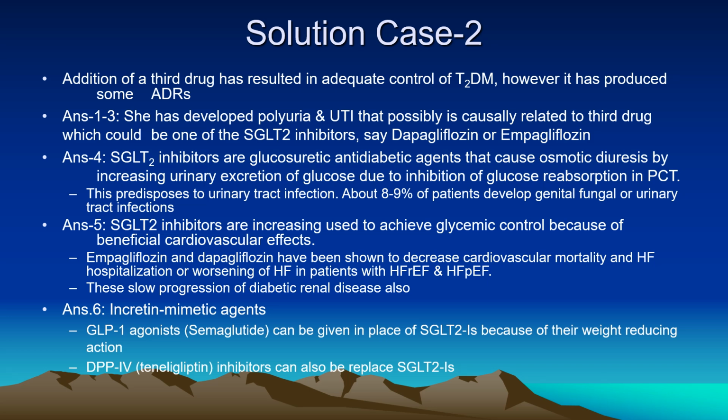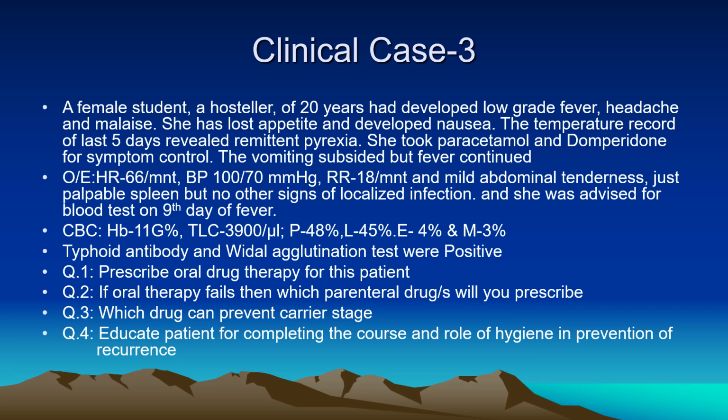Now, however, because of the adverse effects, if a change is needed, incretin mimetic drugs can be given. For example, GLP-1 agonist, semaglutide, or any other. But semaglutide has been made available orally, so it can be used in place of SGLT2 inhibitor. The other drug is DPP-4 inhibitor, teneligliptin, or any other gliptin could be used. But SGLT2 inhibitors have beneficial effects on cardiovascular disease. Now, the